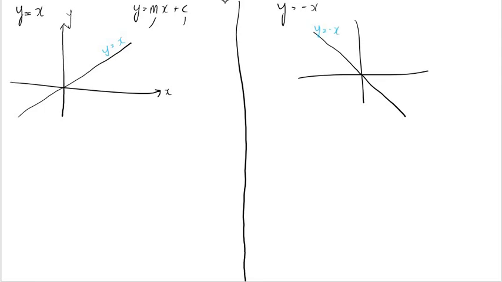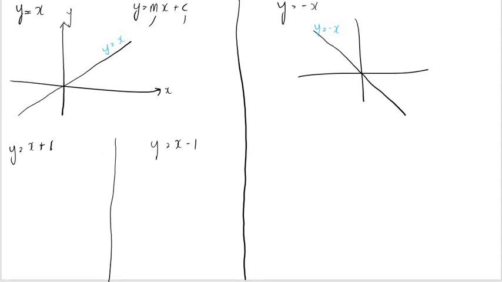Having known that, now we know how to plot a line with a positive gradient of 1 with a 0 intercept, and a negative gradient of minus 1 with a 0 intercept. So next thing we'll do is we will plot y equals x plus 1 and y equals x minus 1. So these are the two. So we will look at